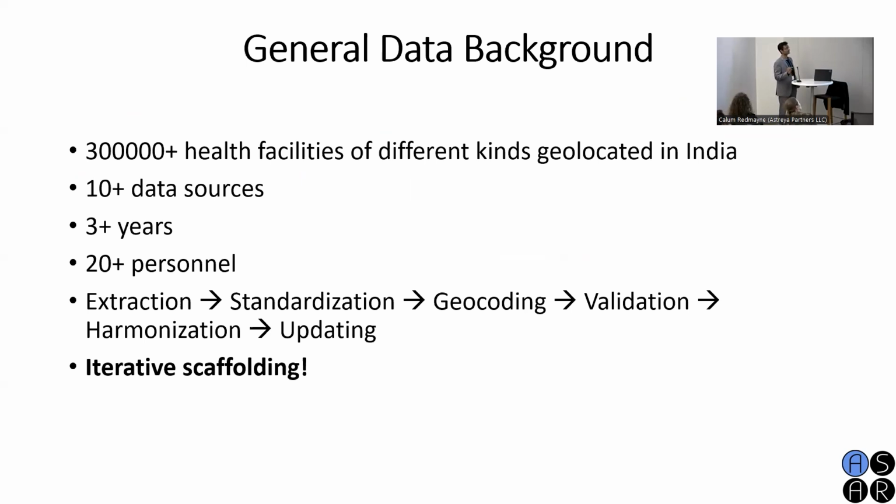So what we have done in the last 3 years, using over 10 data sources and a team of more than 20 people working on this, is map over 300,000 healthcare facilities in India. For all of these facilities, we have good geolocation data. For some of them, we also have data on their functional characteristics: how many physicians they have, how many nurses they have, whether they have a functional operation theater, whether they have access to electricity, and those sorts of things.